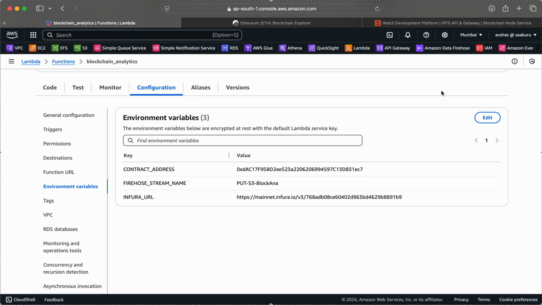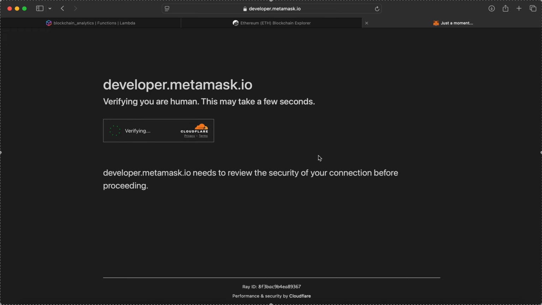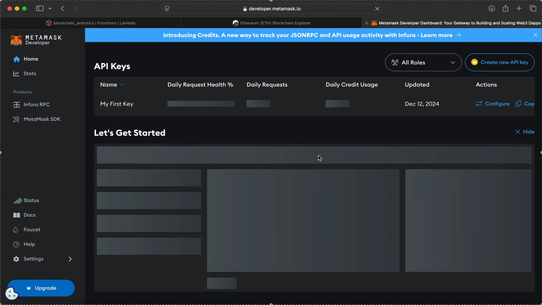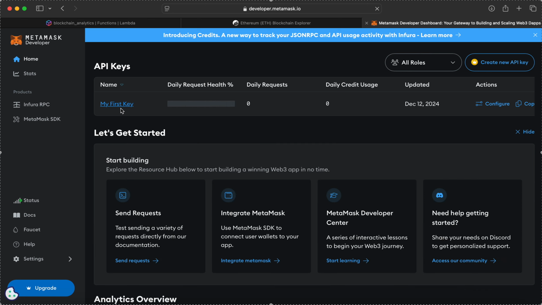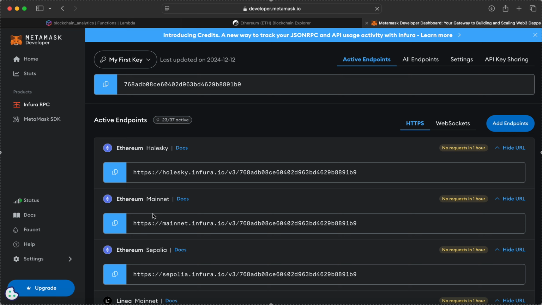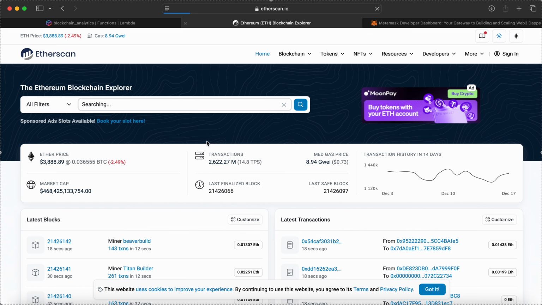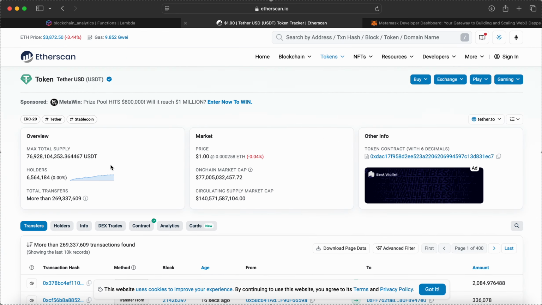In order to capture the blockchain data using AWS, I needed to connect to Blockchain Explorer using an API that I created, and used the Ethereum mainnet, and in Etherscan explored the right token, and found the Ether USD token,